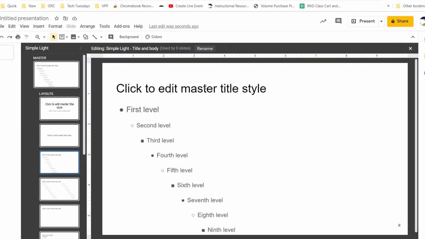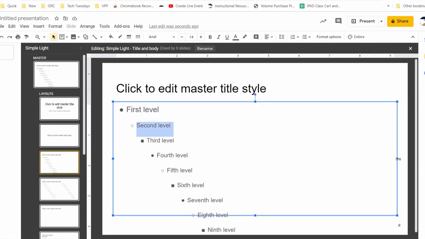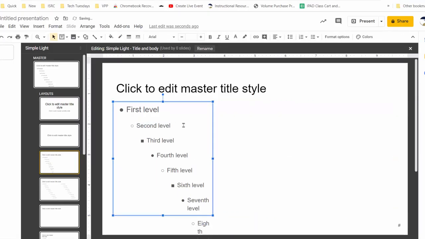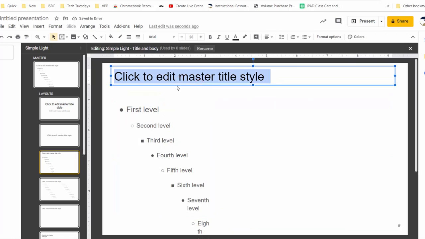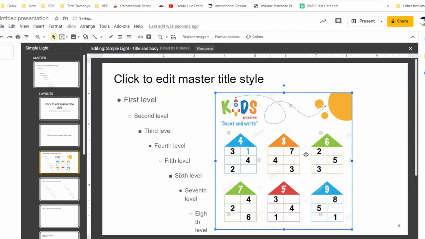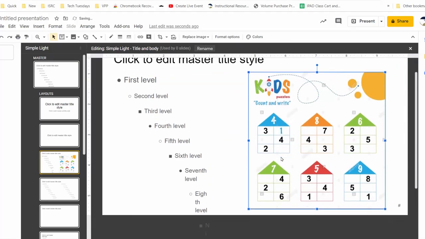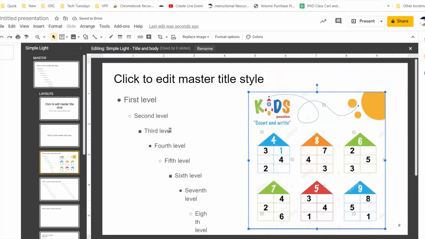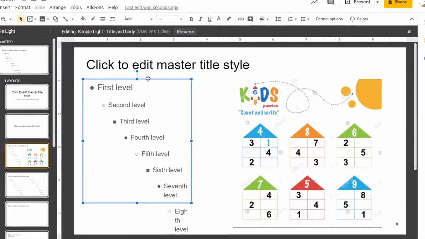This one seems pretty good because it's got a title at the top. And you can resize this text box if you'd like to keep it. We'll leave it here for now. And we're just going to move the title up a little bit more. Now I just go and drag and drop the image that I would like to use. Here's the thing, if that image is still a little too small, I can do some other cool things with this. For example, I could just get rid of this entirely